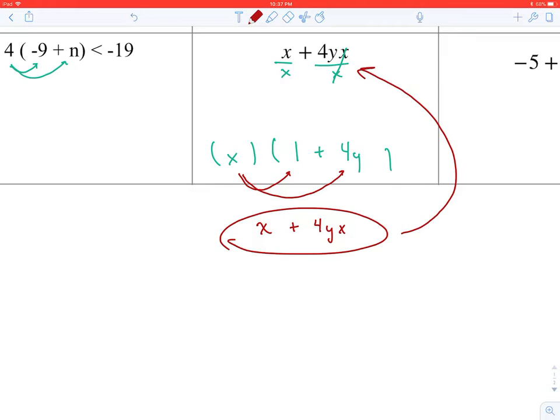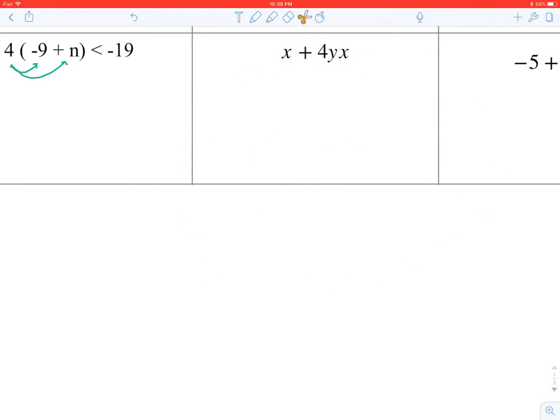So this time we pulled out a variable. Yes, you can do that. And yes, you will be tested on that. You will be asked to do that again. So just keep an eye out for that. If you see some x's, I also want to point out that the reason we don't just add these two numbers together is because these are not like terms. So even though they both have x, this has a y, and that stops it from being a like term. If it was x plus 4x, then we would add them together. That's 5x. But because this has a y attached, we can't add